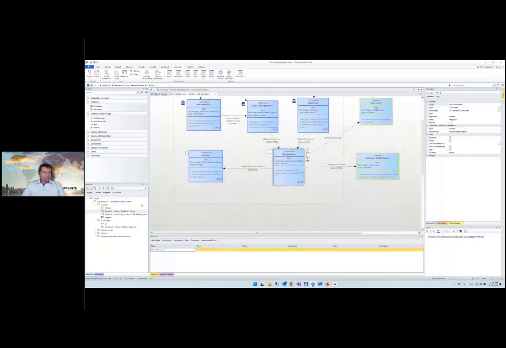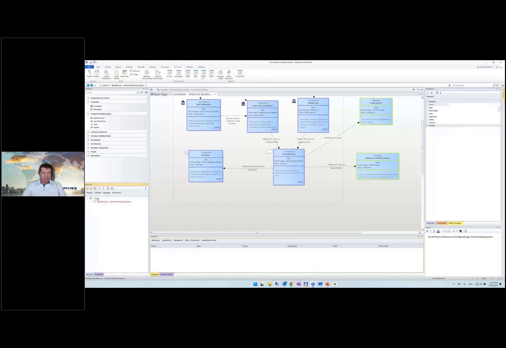So this is the model example. We don't have time to really explore it further, but once you get the MDG technology, then you can do it on your own. What is more interesting, I believe, to you is how to start and how the C4 model facilitates the modeling using the C4